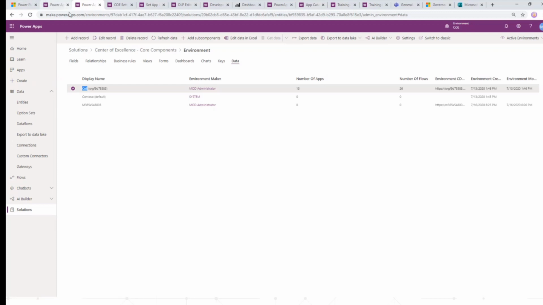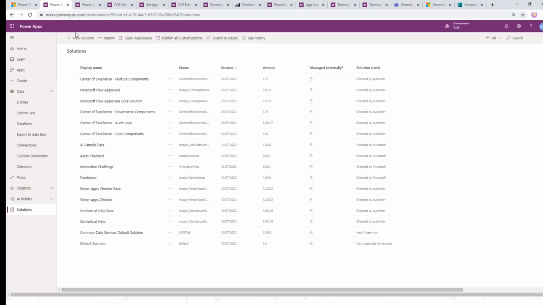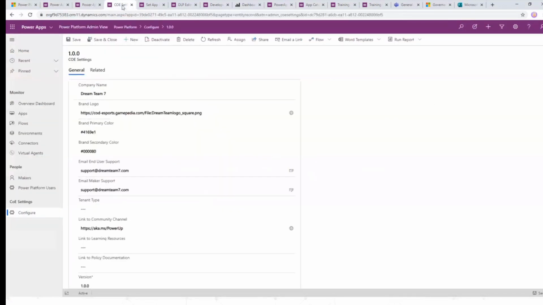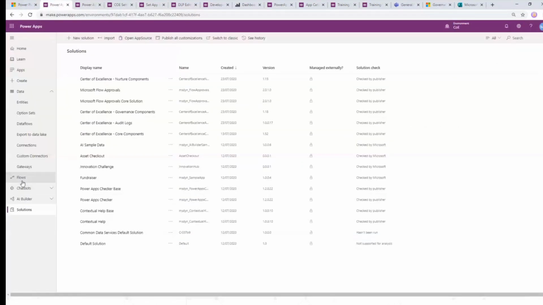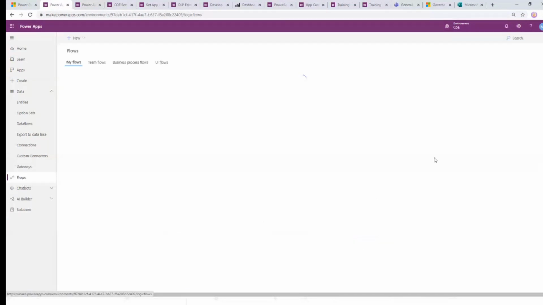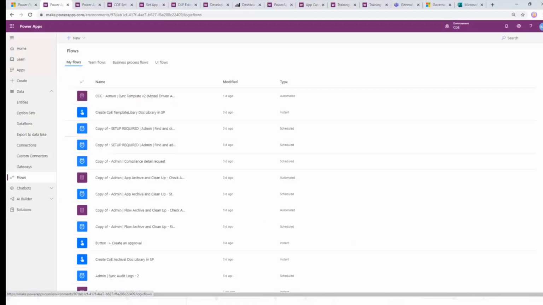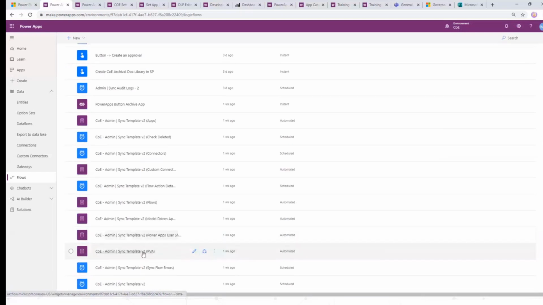And once the data is populated within this environments entity, the first time it will create the environment, the data will start, the traffic will start flowing, the information will be gathered. And the next time around when this flow runs and updates the environment entity, the rest of the flows will start kicking in. So if I go back quickly and show you a specific flow that will be kicked off as a result of this flow updating the environment entity,